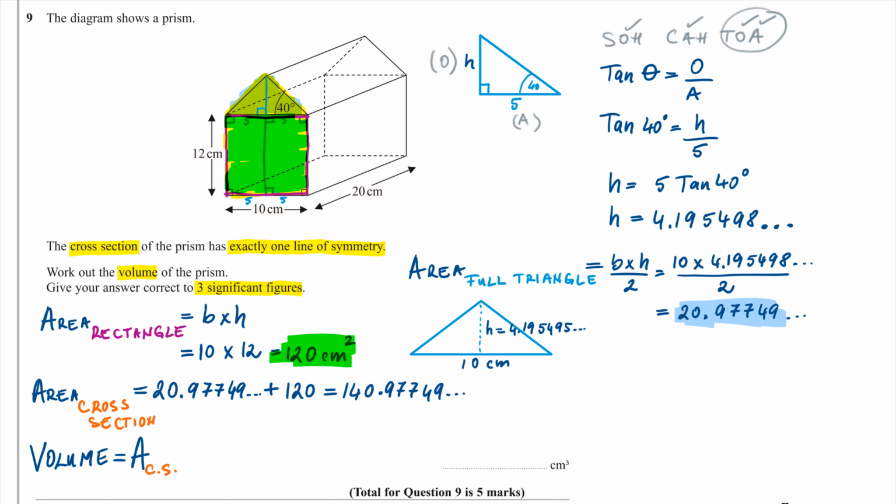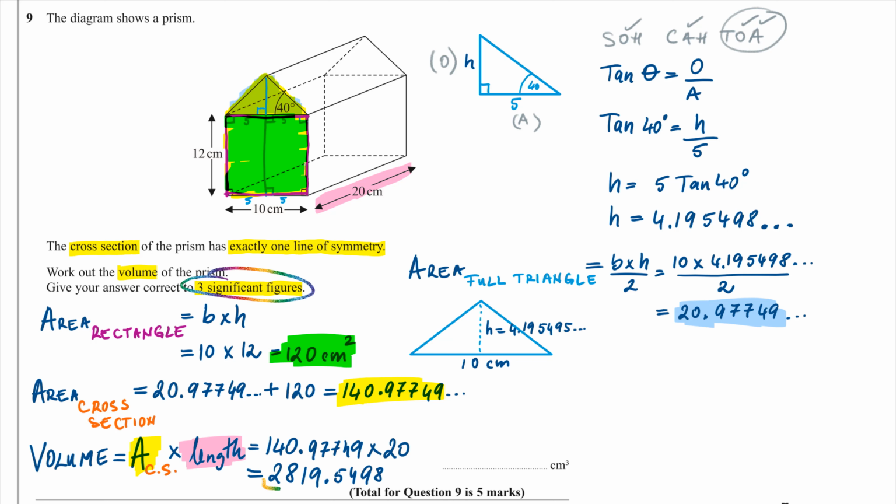Now we have all the information we need to work out the volume of the prism. The area of the cross-section times the length of the prism, and this is 140.97749 times 20 equals 2819.5498. We need to round to 3 significant figures, so the final answer is